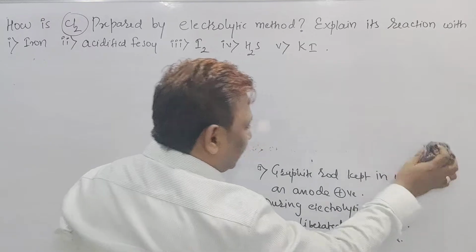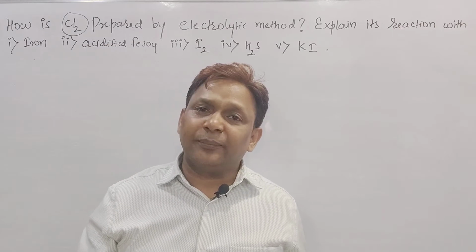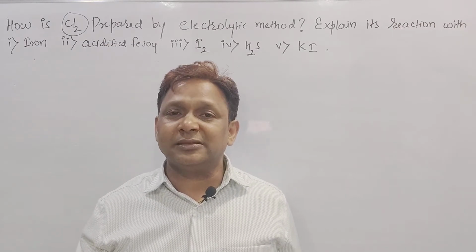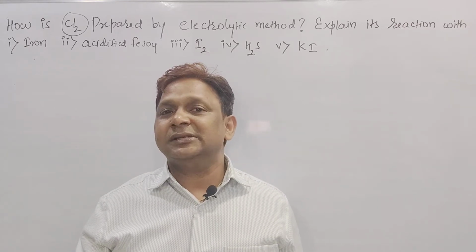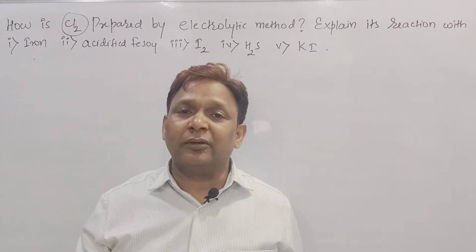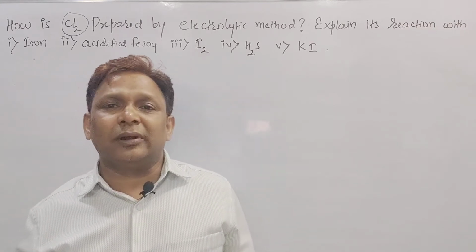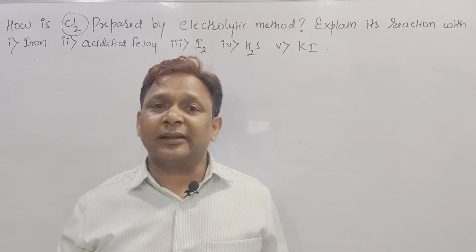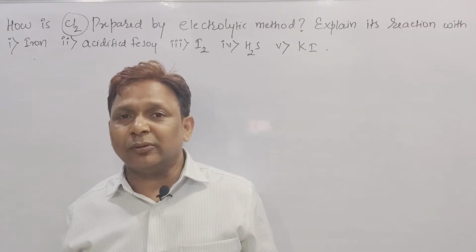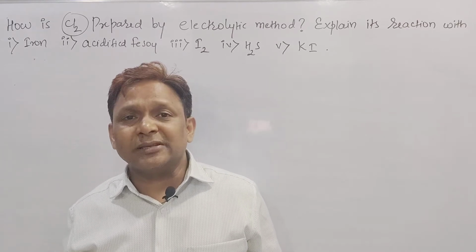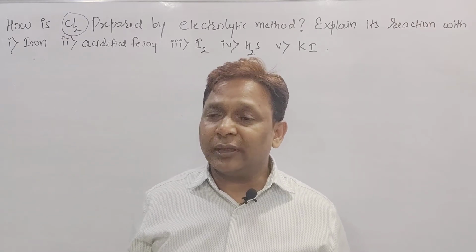Is it clear, beta? Preparation of chlorine by the electrolytic method or by the Nelson cell. What do you have to write as the first point? Take a perforated steel U-shaped tube lined inside with asbestos, which will itself act as a cathode, that is, a negatively charged cathode. Second point, beta, we have to take the electrolyte. What is the electrolyte? We took brine solution, that is a 10% aqueous solution of NaCl called brine solution. So this brine solution will act as the electrolyte. Insert the graphite rod in it, which acts as a positively charged anode. During electrolysis, Cl2 gas is liberated at the anode and hydrogen gas is liberated at the cathode. Is it clear, beta? And we wrote the electrolytic reactions.